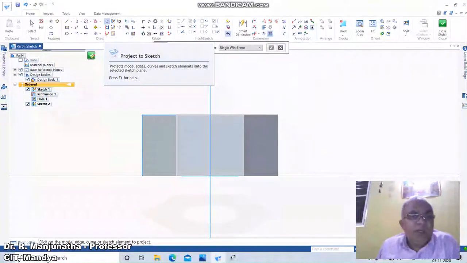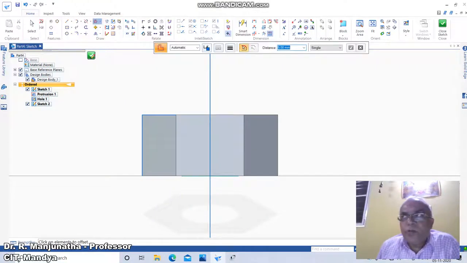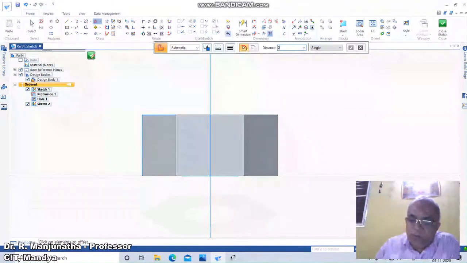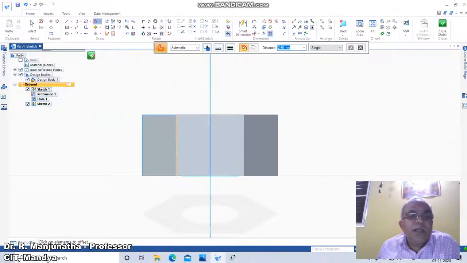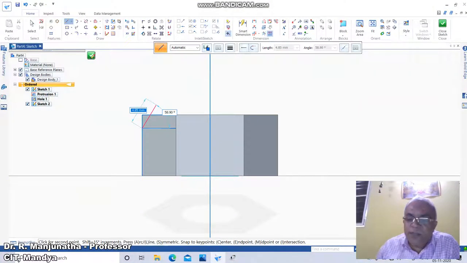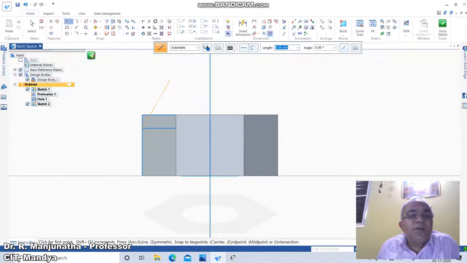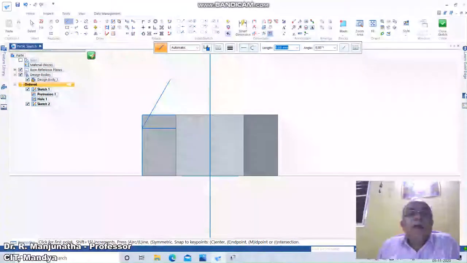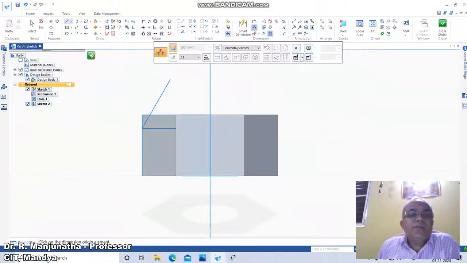So here we have the 0.2D. So go to offset, take the 0.2D. 0.2 into 12 means 2.4. 2.4 will be the depth. Then this line, then go to line, take the endpoint of this. So here at the intersection, you take 10 mm, the angle is 60 degrees. So that means it is inclined with respect to this vertical as 30 degrees.